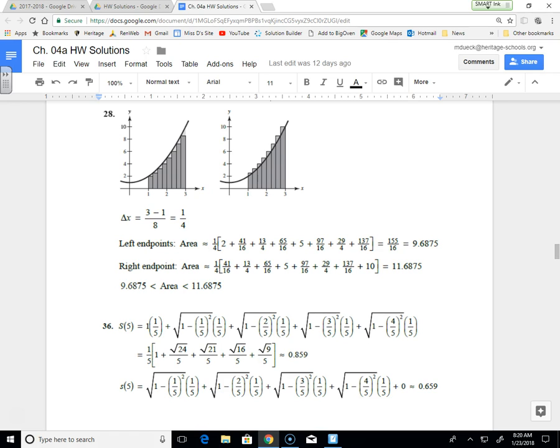you guys see their delta x work, in the sense of there was the region from 1 to 3. So a would have been 1, b would have been 3. They say cut it into n equals 8 subintervals. That's why we're going by fourths. And if we're going by fourths, this is good, but it's too much of a jump for some of you. What I would have liked to have seen in your work